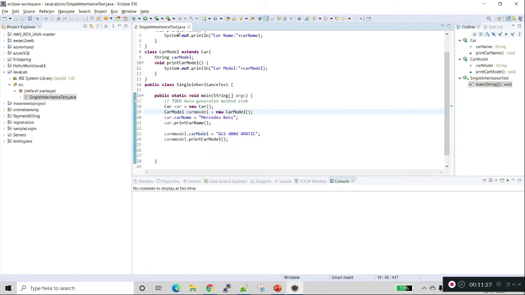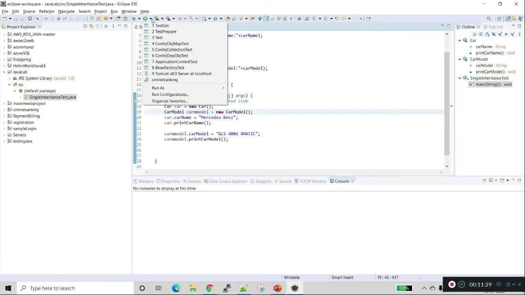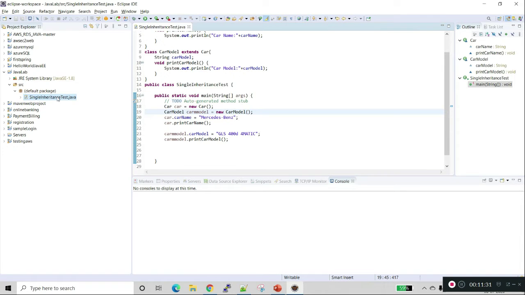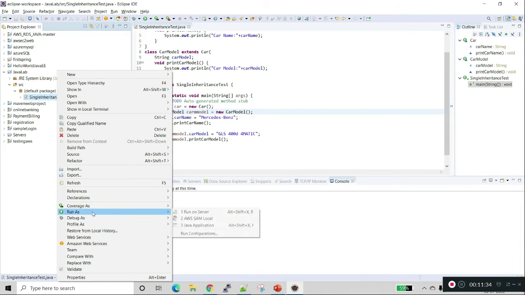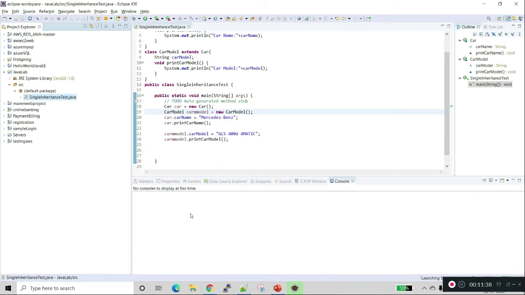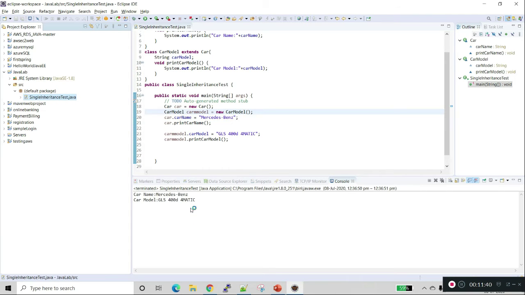Now let's run this project as a Java application. We are getting the values: car name Mercedes-Benz, car model is the GLS.